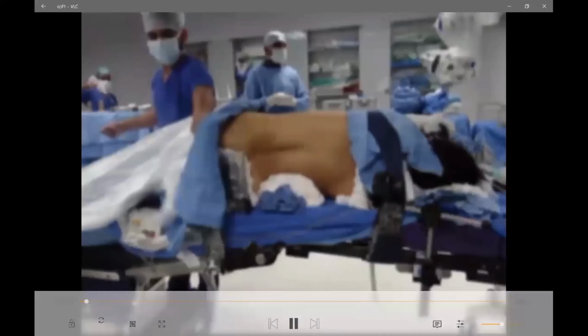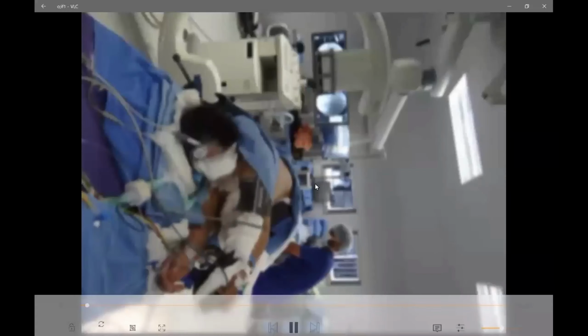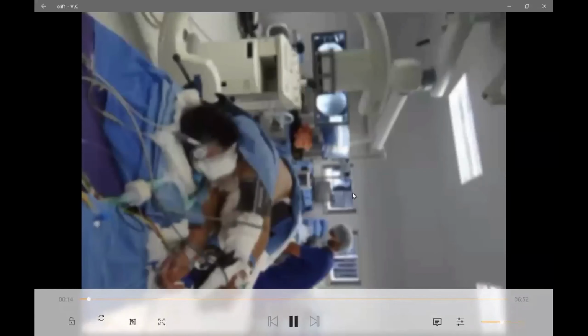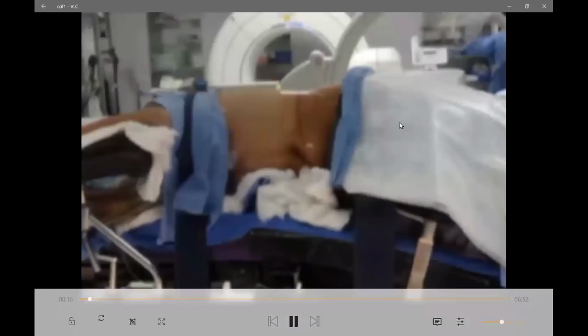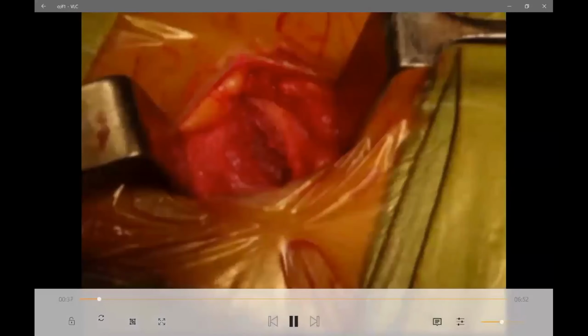So first we start with positioning. After general anesthesia, we position the patient in lateral position, supporting both the arms. The leg is slightly flexed and supported so that the patient is dead on from the lateral point of view. We mark the various levels of the disc. In this case, it is the 4-5, and we use intraoperative monitoring.